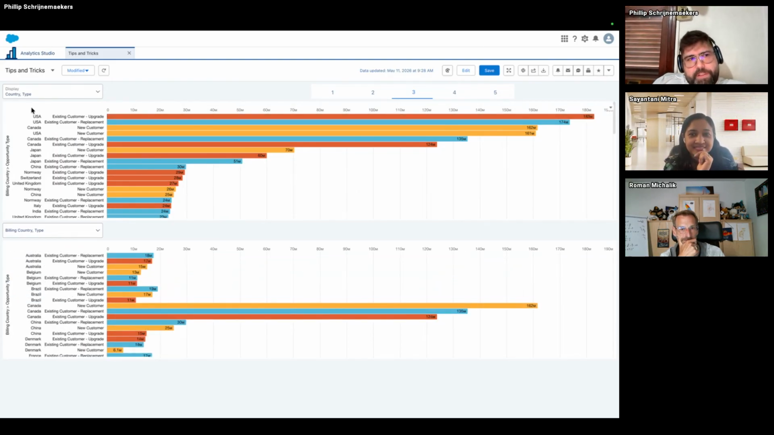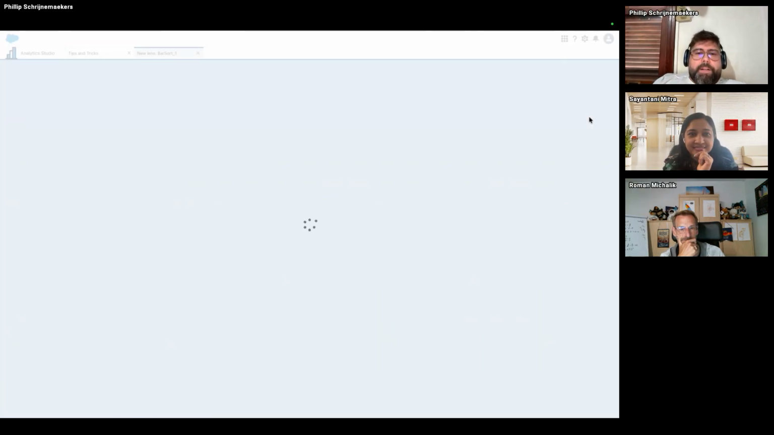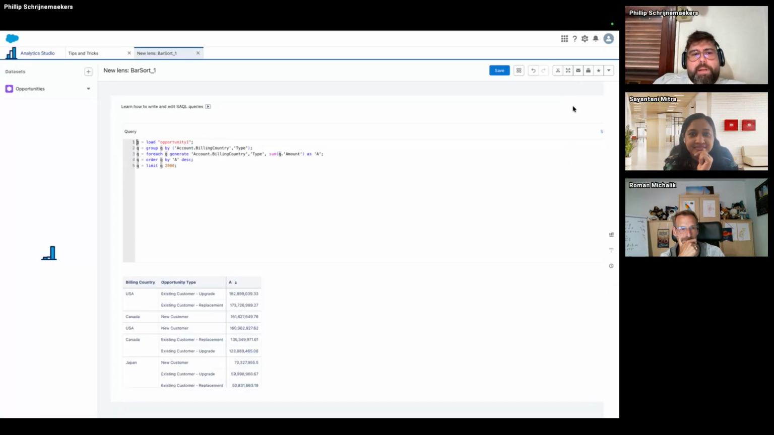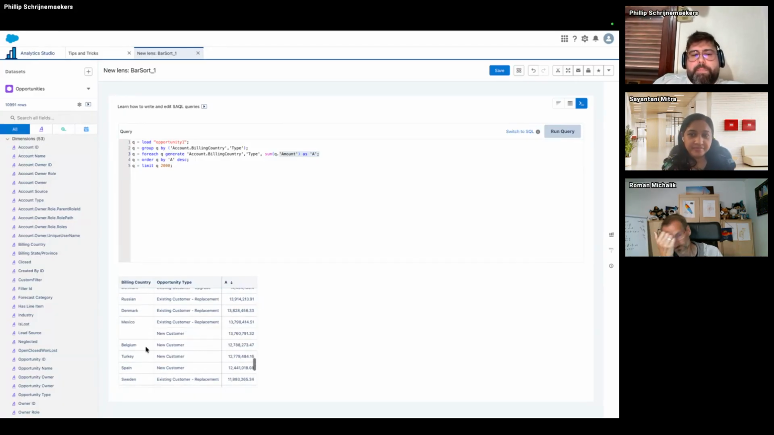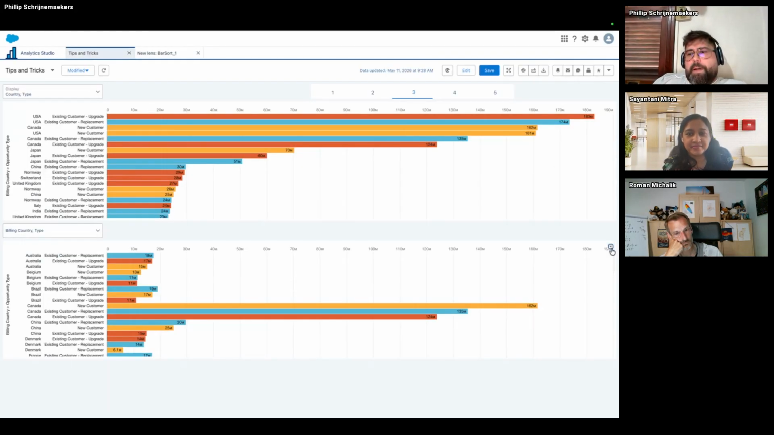If we open this first query right here and we explore it, we will notice that the order is always A, that's the sum of amount, descending. So it will sort from the highest to the lowest value, regardless of groupings, regardless of any other groupings that we may utilize in our query. But for this second example right here,